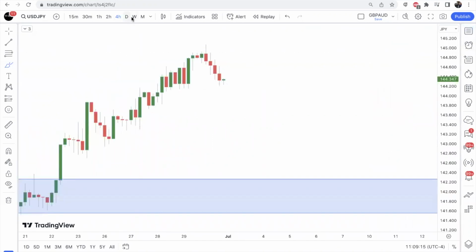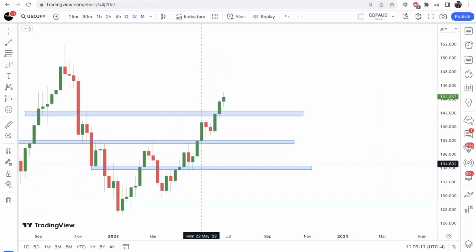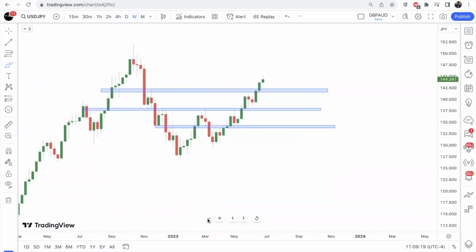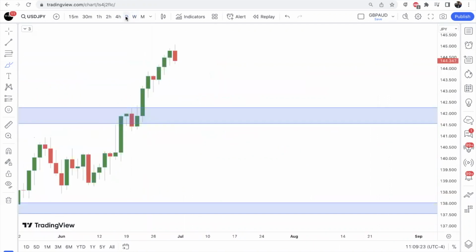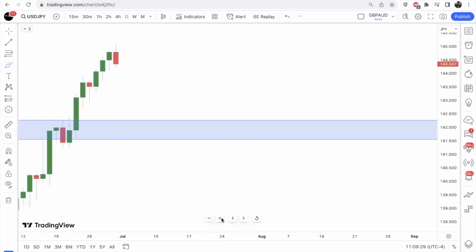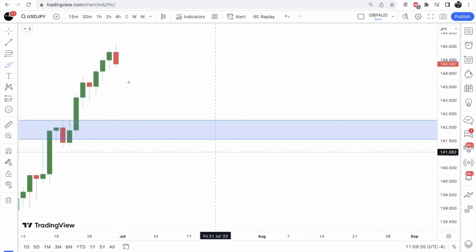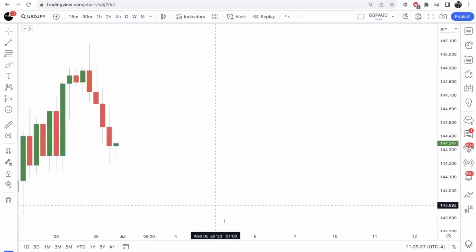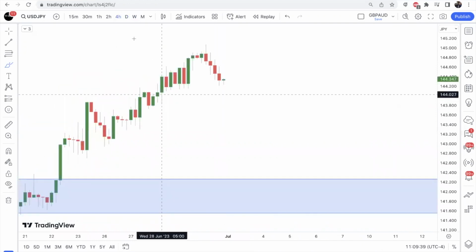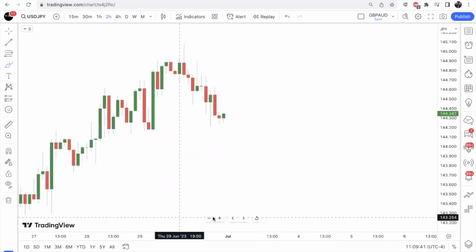All right, UJ. So UJ has been very bullish as well. All yen pairs have been bullish because the yen's been very weak. But if I'm looking at this, UJ is also overdue for some type of correction. For example, this is looking like a bearish engulfing here on the daily. All right. Not very big. So if I was to look for a sell on this right now, there's no reason to look for sales. It's still bullish.